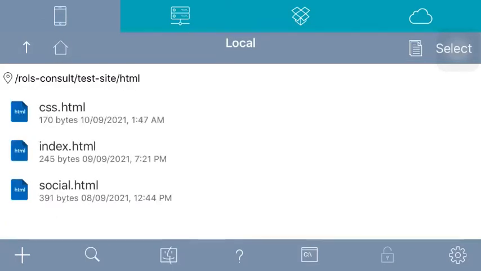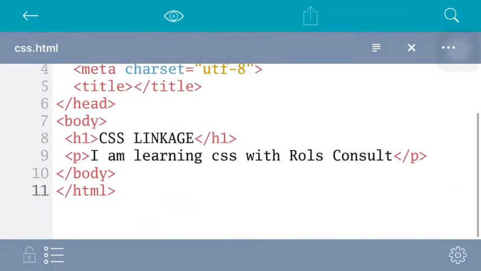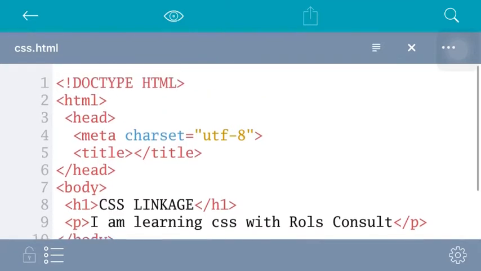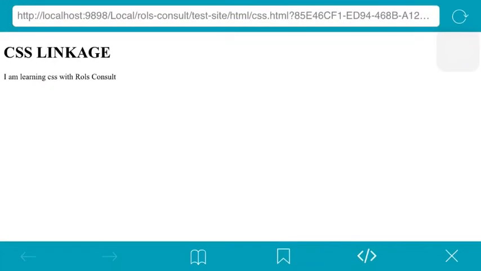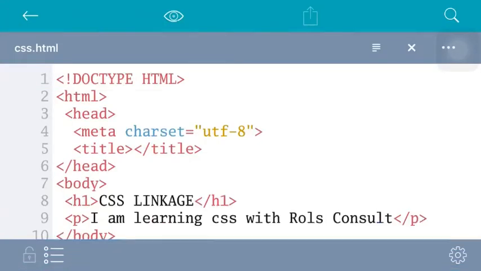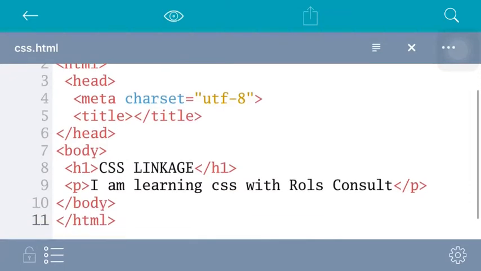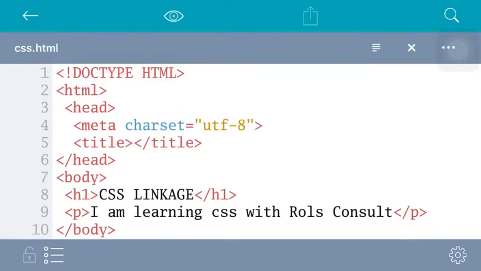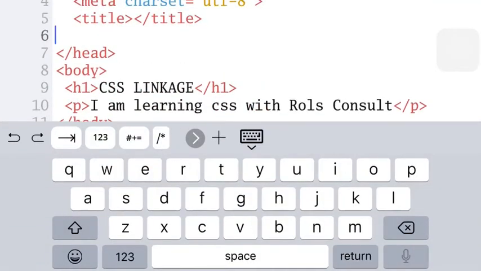So let's go back. We go into our HTML folder. We go to css.html. I hope this is what we're dealing with. So let's view it and see if it really changes to red. That CSS linkage will change to red. So there we are. It didn't. Why? Because there is no communication between this file, that's css.html, and style.css, which is inside of our styles folder. We will have to create a way they would be able to communicate, and we say we use the link